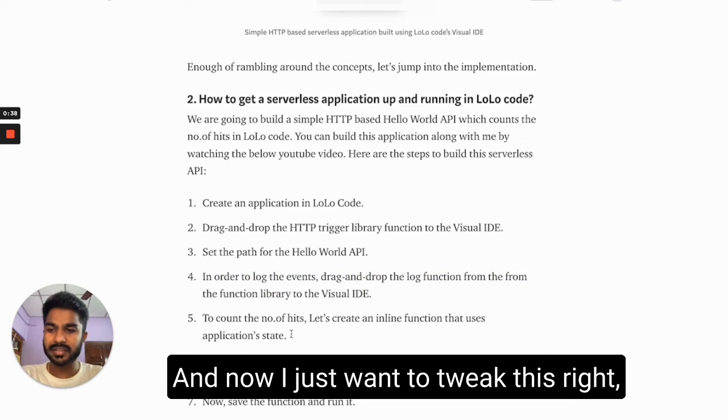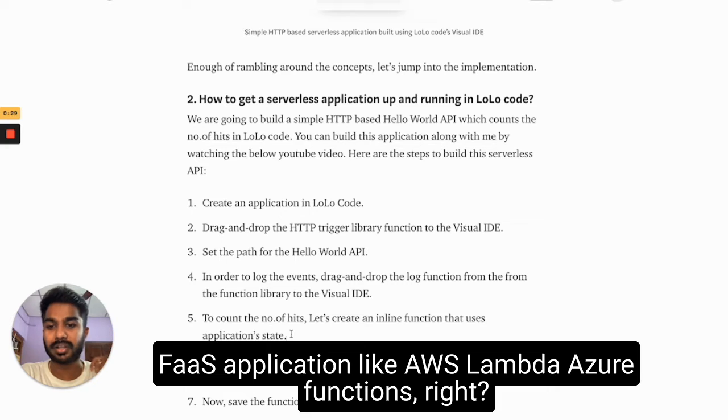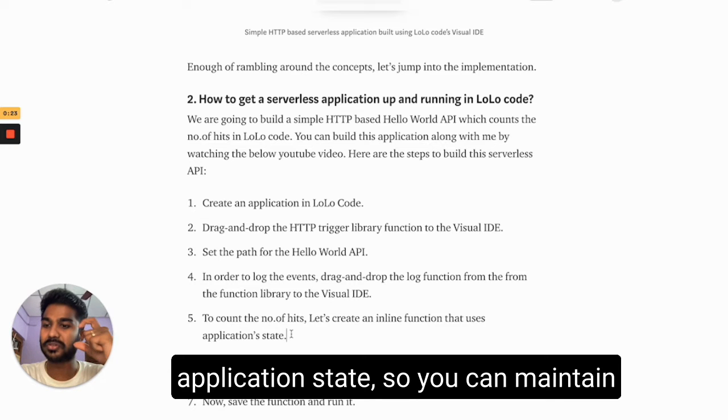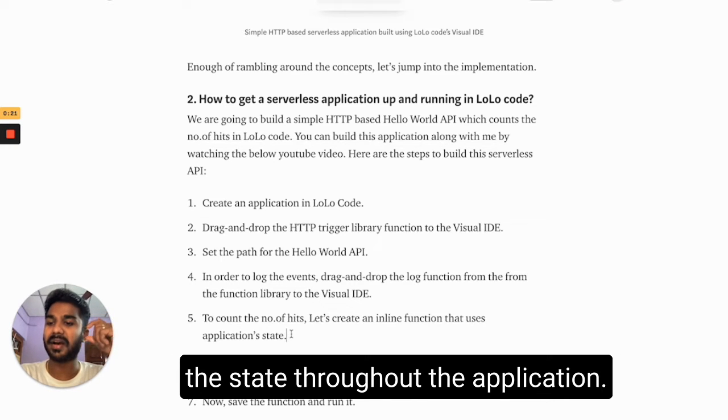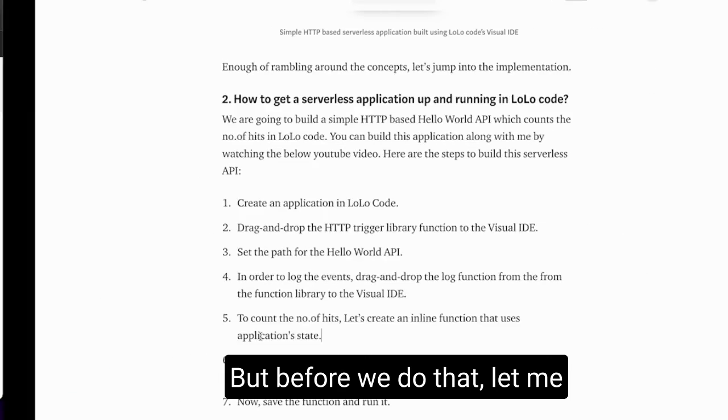And now I just want to tweak this to show how LoLo Code differs from a simple FaaS application such as AWS Lambda and Azure Functions, right? LoLo Code applications support having application state. So you can maintain the state throughout the application. I want to show you how to do that. But before we do that,